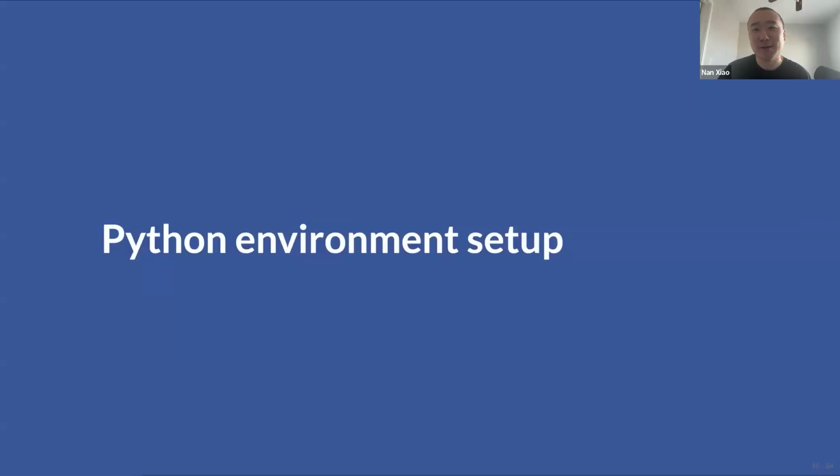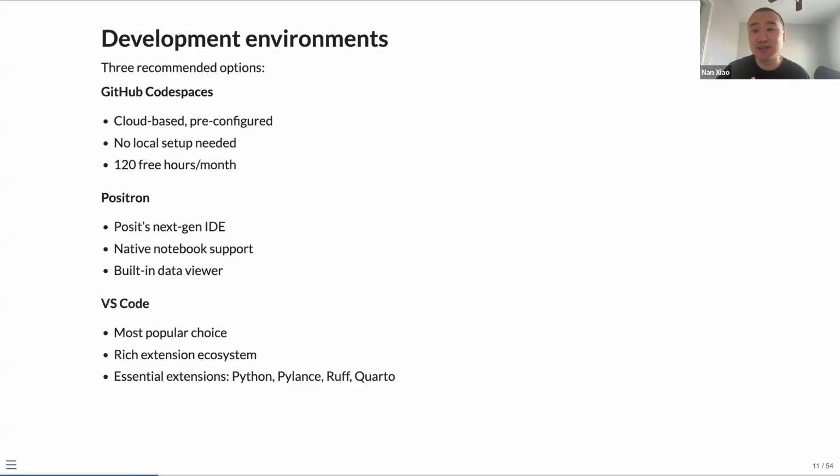So first of all, I want to give you a general overview of the Python environment setup. This is very straightforward, so probably we just go over the slides and we can jump into the book chapters, and you can try this out yourself. Obviously there are several options: GitHub Codespaces, Positron, and VS Code, depending on which one you are comfortable with.